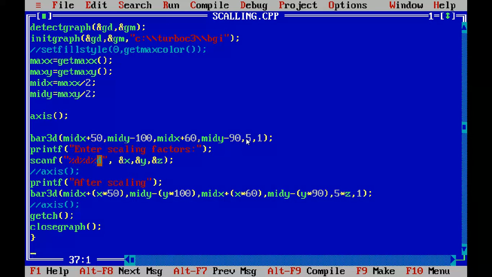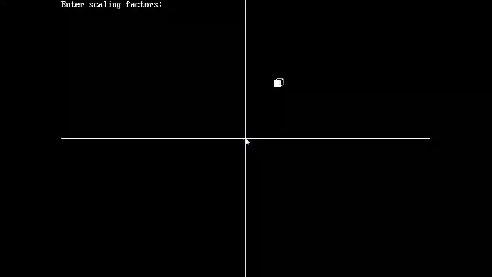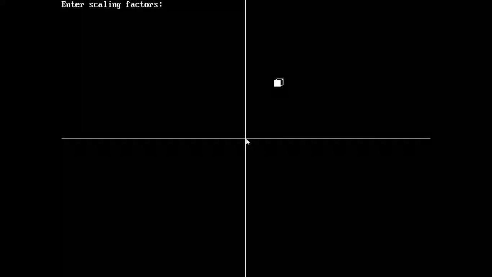Here we enter the scaling factor along all three axes. After scaling, we get the new coordinate values, and based on them we create the rectangular box using the bar3d function. Now I am showing you the compilation of the program. Here we enter the scaling factor.